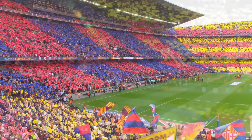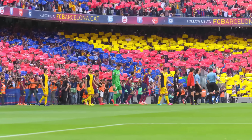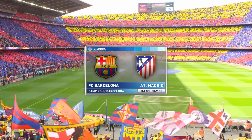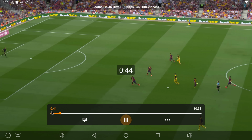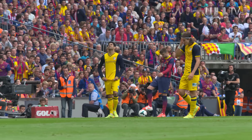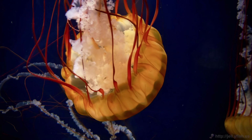And only a win for Barca would be enough, because it would give them the same number of points as Atletico, but the head-to-head goal difference is what counts in the case of a tie. Koke with the ball, Villa to his right, and despite having missed out through injury, the first time he makes a run into space, next